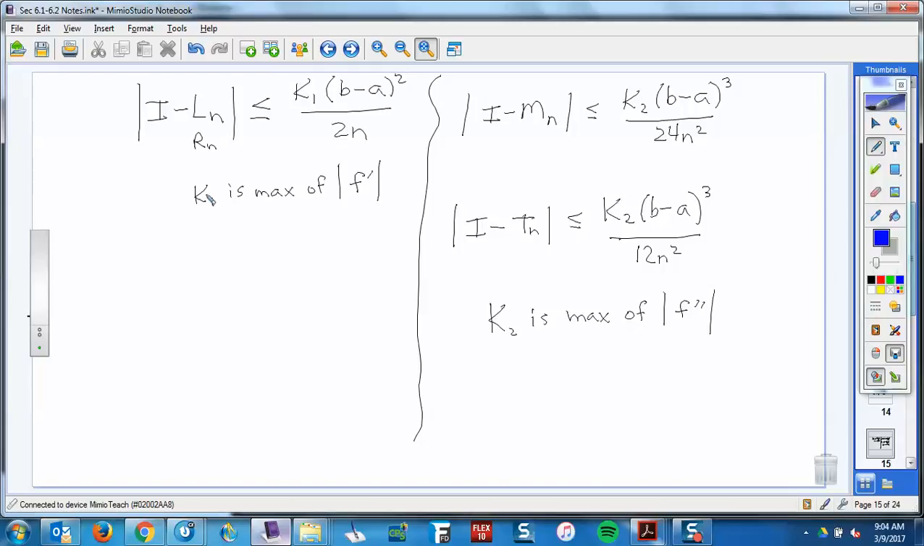But the key there is we use k2, and k2 is the max of f double prime. But we'll do the same thing. We're going to do one here. We'll graph the second derivative. We want to find the max, and we're going to pick that number. We're going to round up. Okay? So let's do